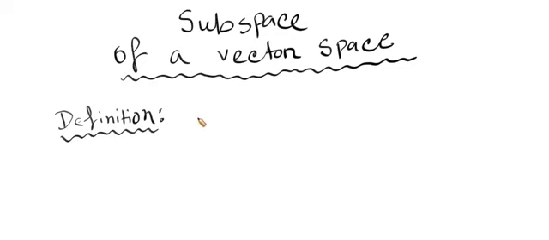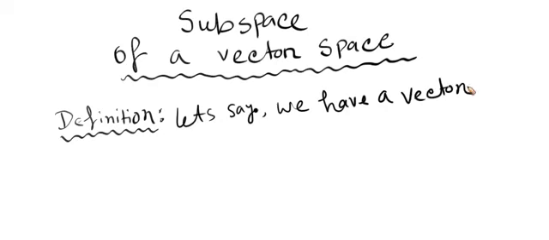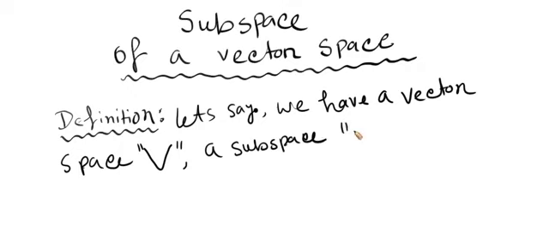So what does this definition say? Let's say we have a vector space called V. Let's put some apostrophes so that we can distinguish. And from this vector space V, that is this capital V, a subspace is something we denote by W. That is, we are calling W a subspace of V if